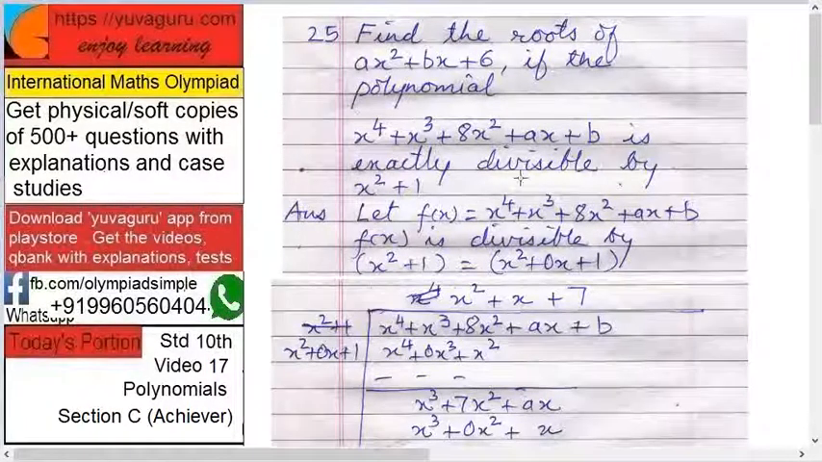Before that, check if the powers of x are in the linear fashion. Means f(x) equals x raised to 4 plus x cube plus 8x square plus ax plus b, so x is in the linear fashion. In the divisor, x square plus 1 directly. So is there any x? No, we have to put it. So it becomes x square plus 0x plus 1. So now divide it. So x raised to 4 plus x cube plus 8x square plus ax plus b divided by x square plus 0x plus 1. Right? Okay. Now first,